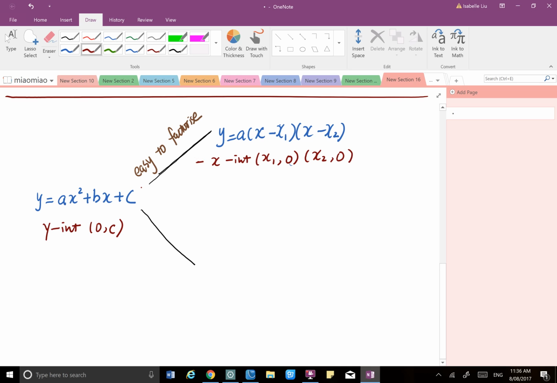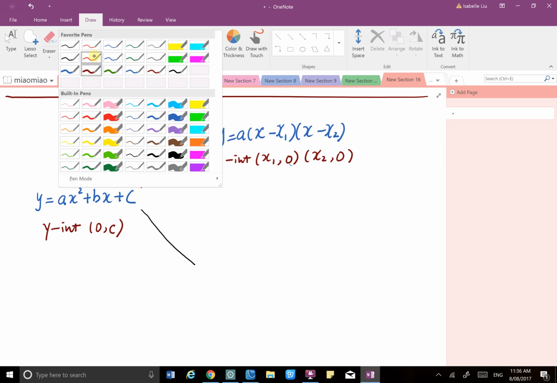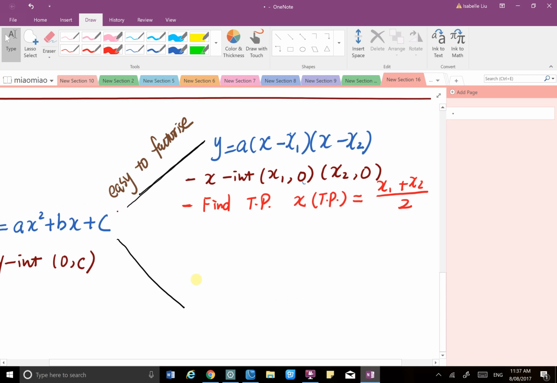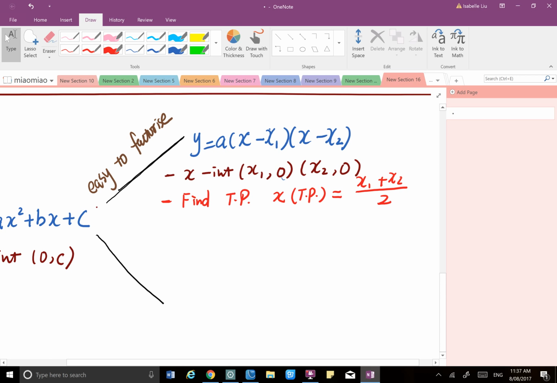What I should do after that is find the turning point. The x value of the turning point equals those two x-intercepts added up and divided by 2. And then we sketch for it. And in the second case,